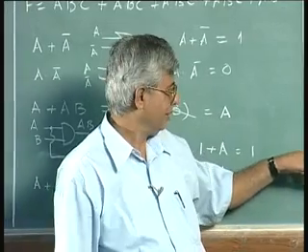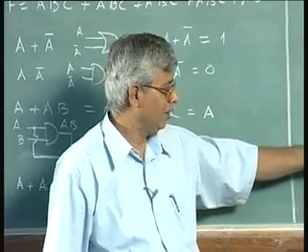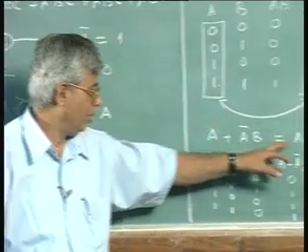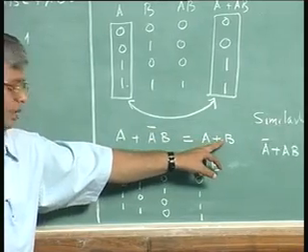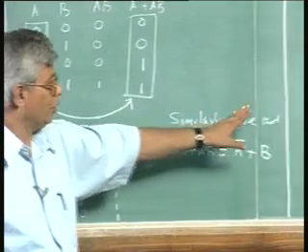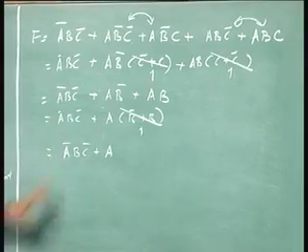Is that not what it is? A or A bar B is A or B. That means the A bar gets reduced. Here also the A bar will get reduced. So, the same as